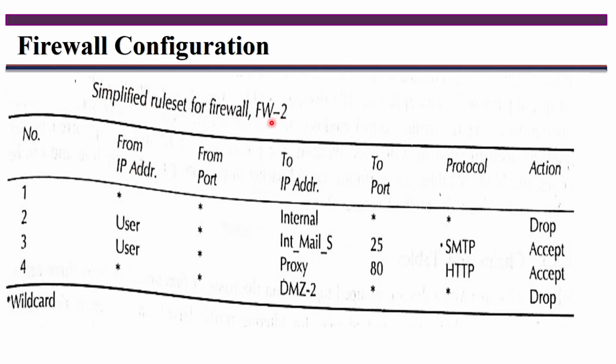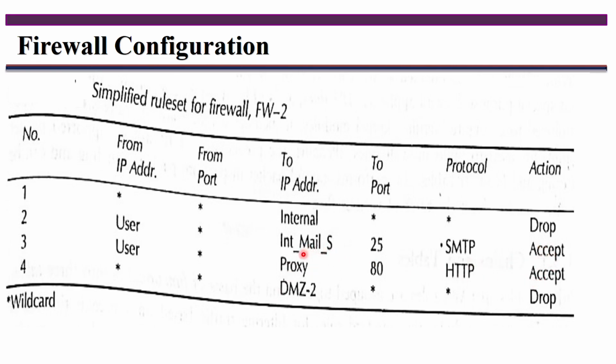Specifications, configurations of firewall. So for firewall 2, these are the configurations. For example, here, from an IP address, any machine that does not have any authentication, that is not an established authorized connection, it doesn't allow you to connect with the internal, meaning your internal protected network here. So what is done is that the firewall simply drops such types of packets. Next, user: these are the machines that want to communicate with the internal mail server or proxy, then you allow that to be accepted here.